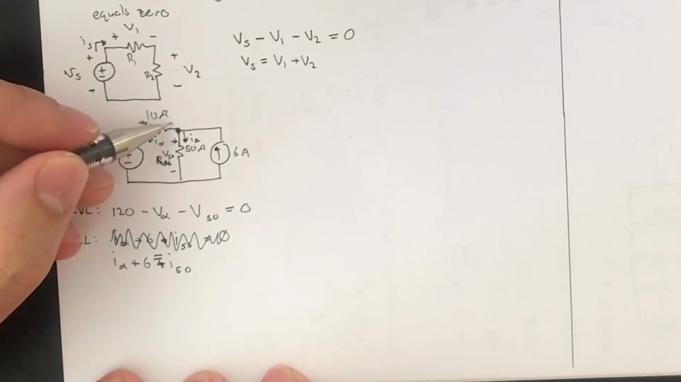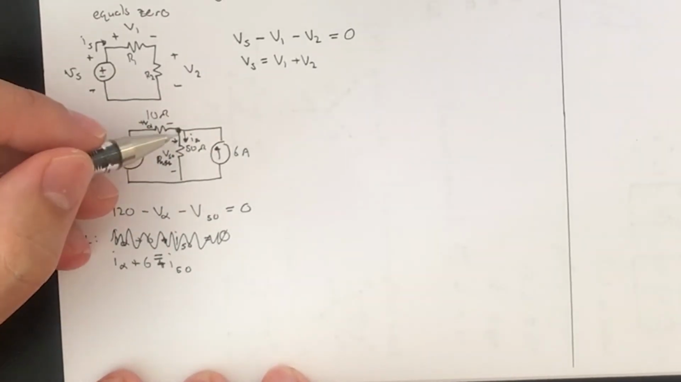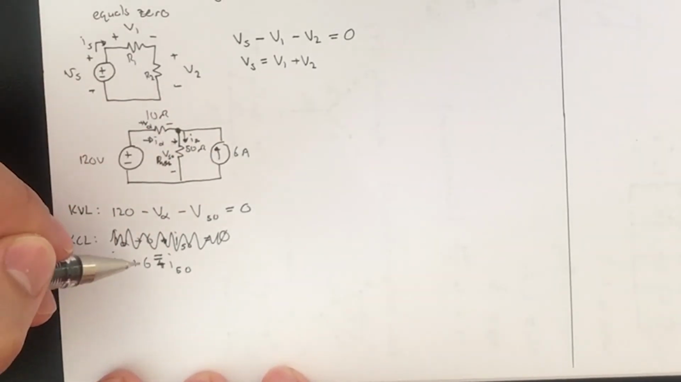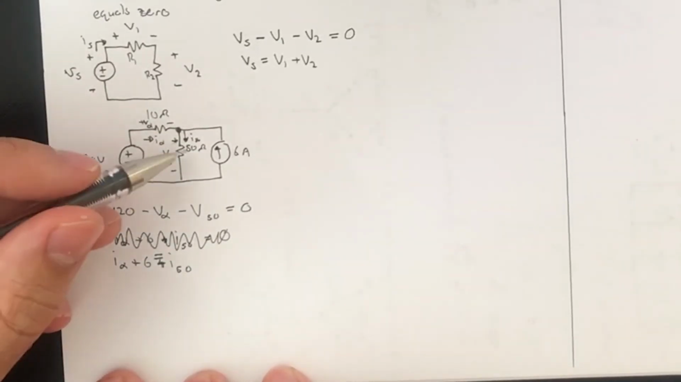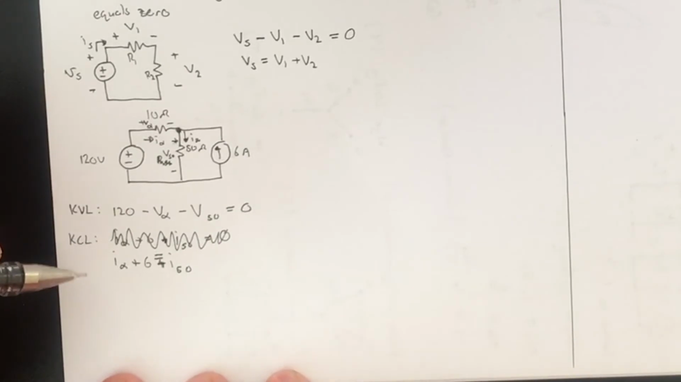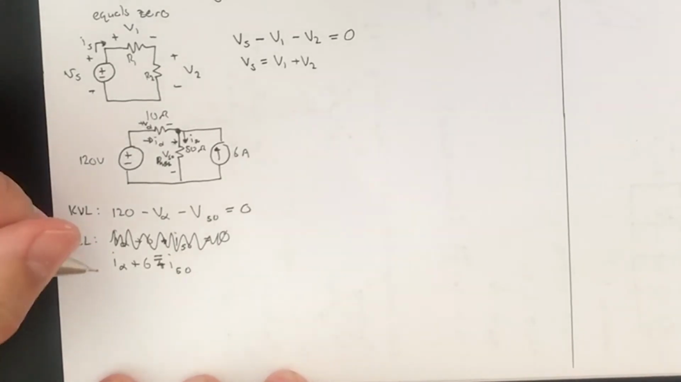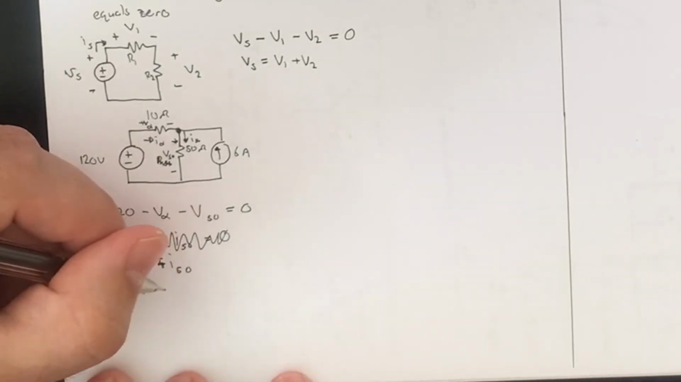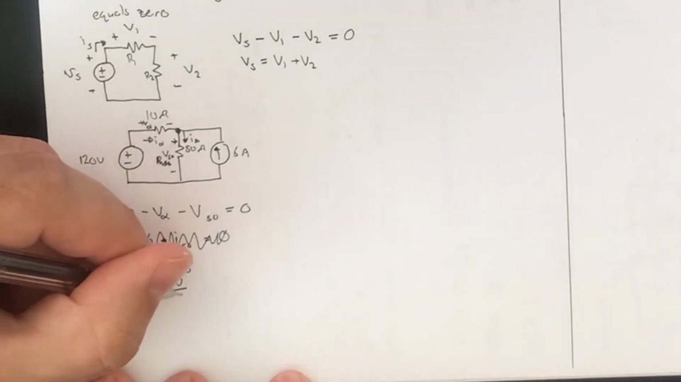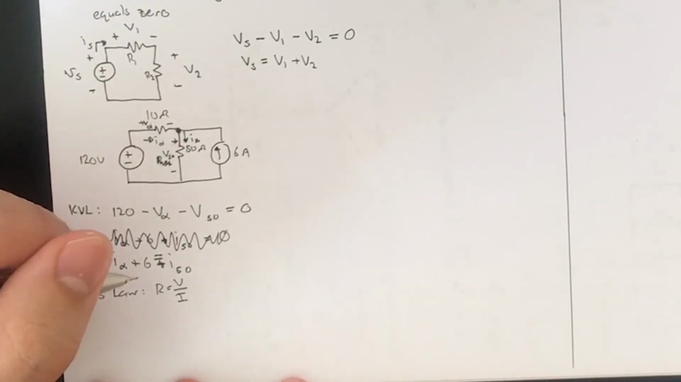So we have the I alpha flowing into the node, 6 amps flowing into the node, and I of 50 flowing out of the node. So the sum of those two must equal the current flowing out of the node. Wonderful. And now we can also use Ohm's law,